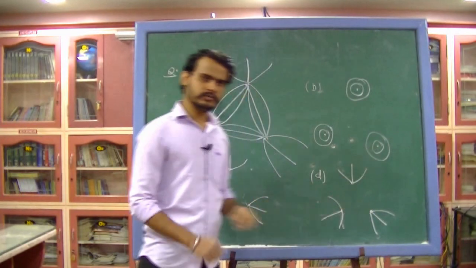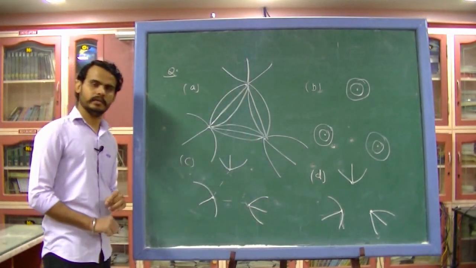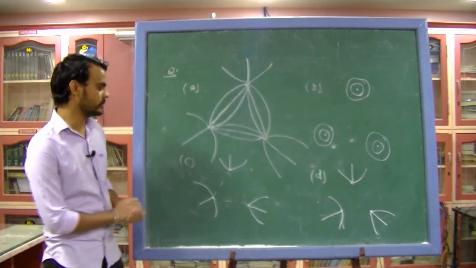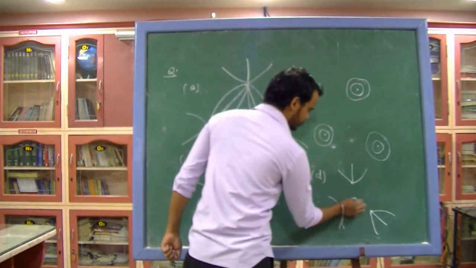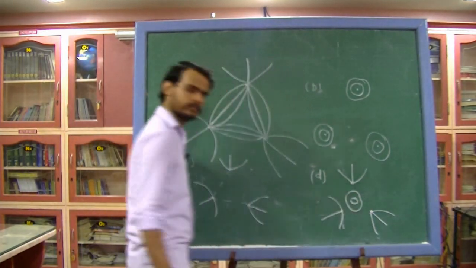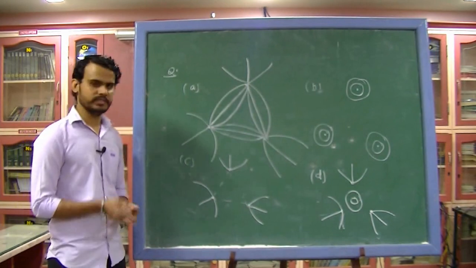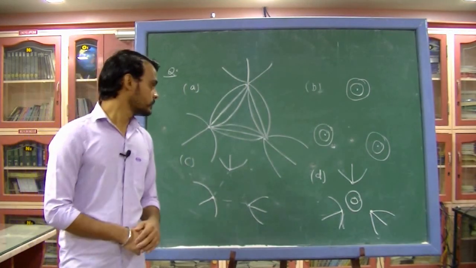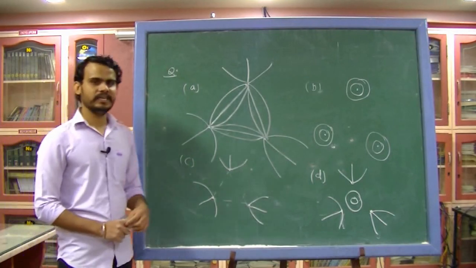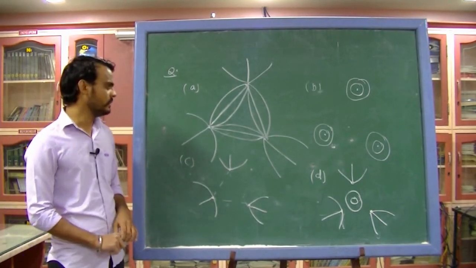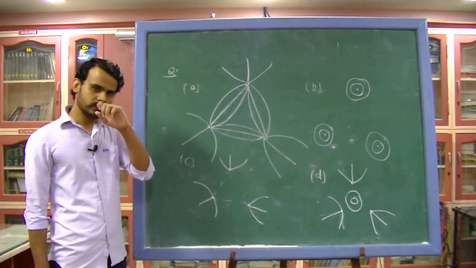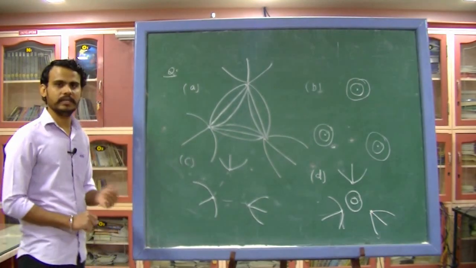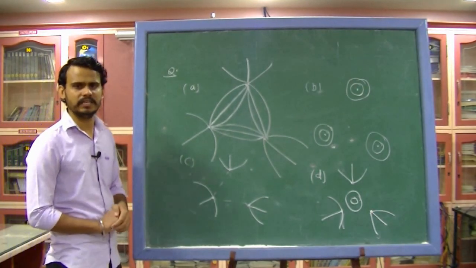You have to find which of the following diagrams correctly represents the electric field lines. Pause the video and try to think about this. As the question says, the nature of the charge is the same and the magnitude of the charge is also the same. So you can say that either the lines will originate from the charge or they will